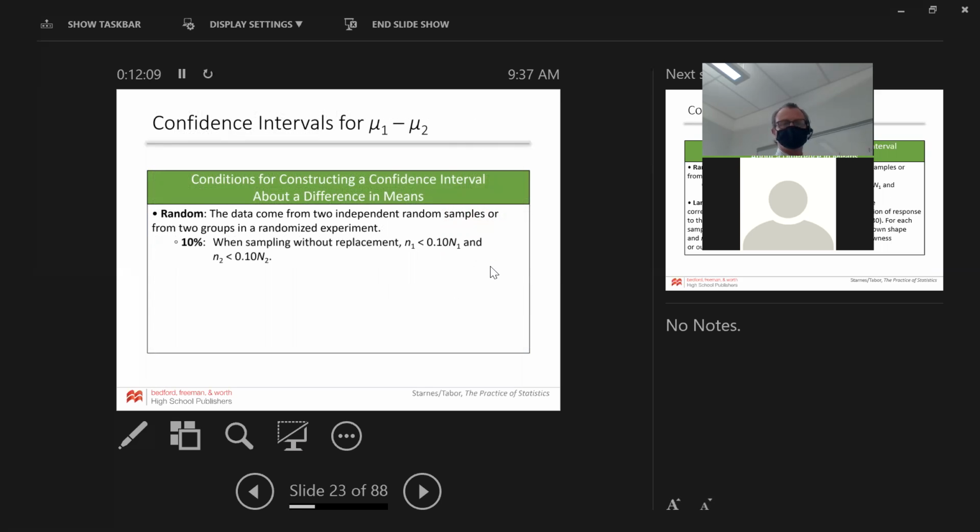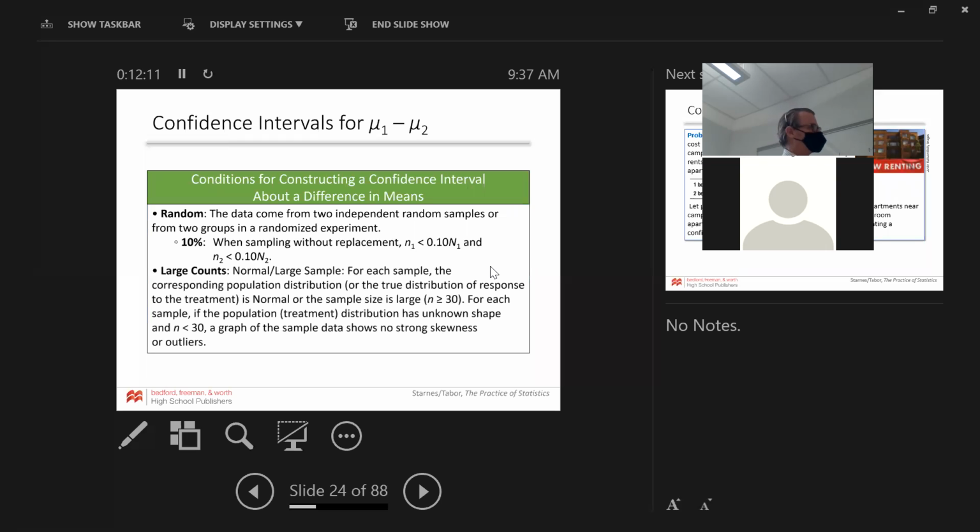So here's the conditions. Again, it's kind of redundant, but in a helpful way. You always have the screen there. SRS, less than 10% of the population, and then it's either approximately normal, we're told that, or the sample size is larger than 30. Well, how about if they're not told it's approximately normal, and the sample size is